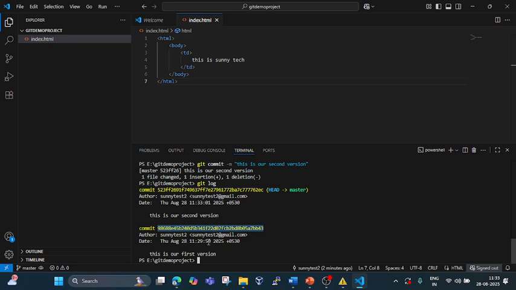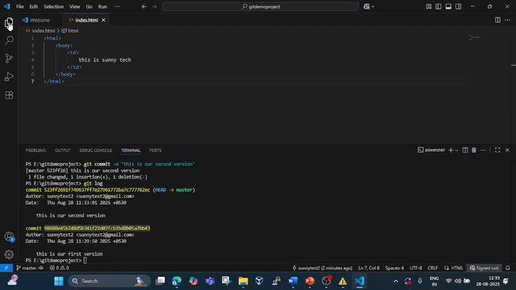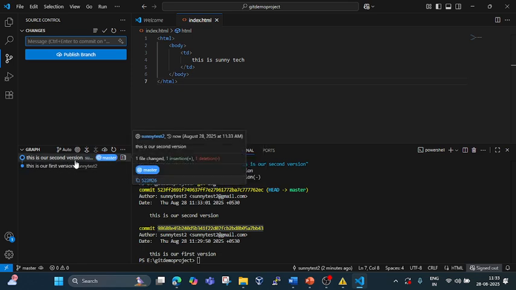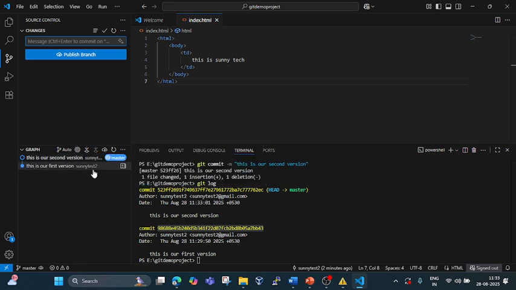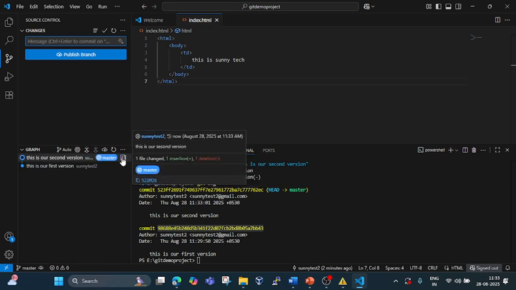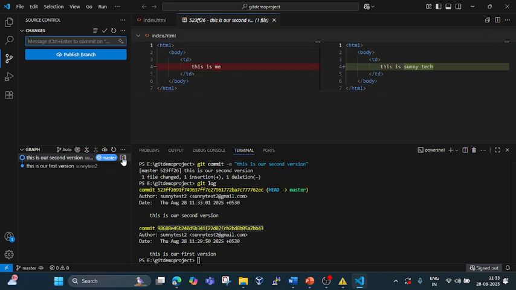Now let's say you have to check the difference between these two versions, and how we can do that. Go to Explorer. You can see from the left menu, this is our second version and this is our first version. You will find all the commits. Click on the second version, open change.